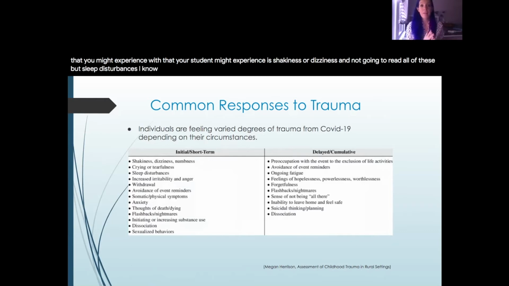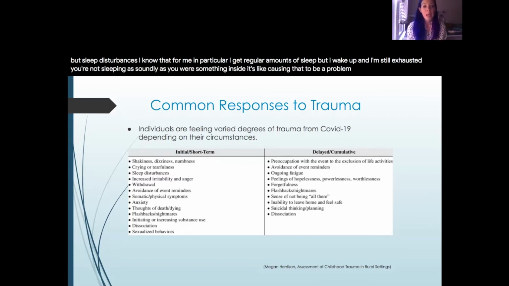I'm not going to read all of these, but sleep disturbances. I know that for me in particular, I could get regular amounts of sleep, but I wake up and I'm still exhausted. You're not sleeping as soundly as you were. Something inside is causing that to be a problem. And one of those things inside that might be causing it, that's also on that list, is anxiety,